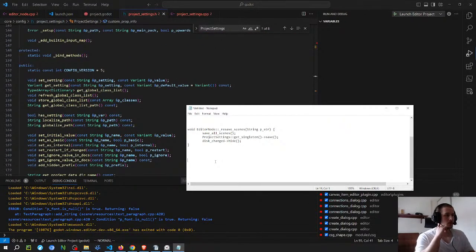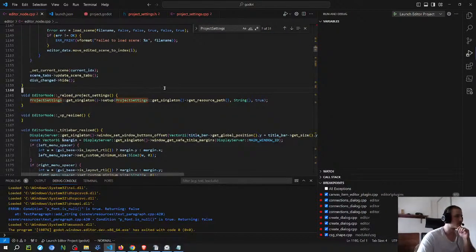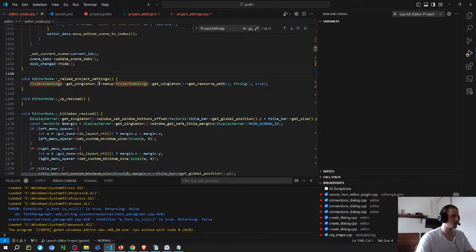So let me think about this. What is the best way to? I think it's probably not worth it. Maybe step over the editor. So I want to avoid, so let me see the other instances here. I want to avoid having to step over all the stuff, because on the editor node there's a lot of stuff that happens. But I think probably what I'm gonna do is just